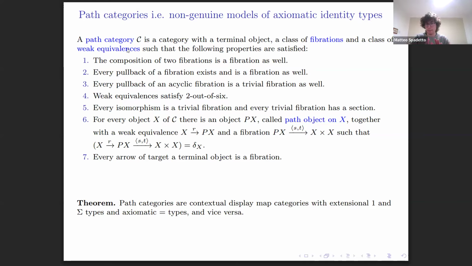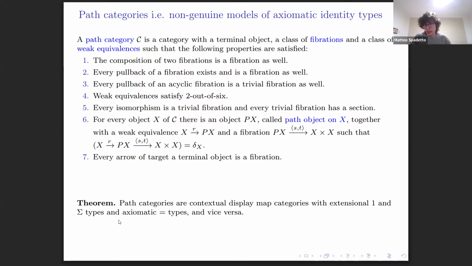So display maps remain distinguished from fibrations in such a way that we can use display maps to talk about types and fibrations to talk about something else, maintaining the distinction between types and contexts in the semantics, in the internal language, in the internal type theory of a path category. In that way, as I was saying, you drop these extensional types, unit types and sigma types,